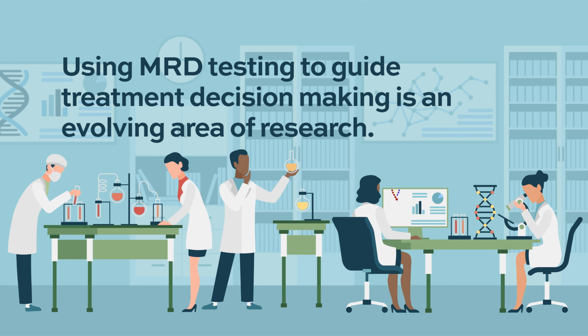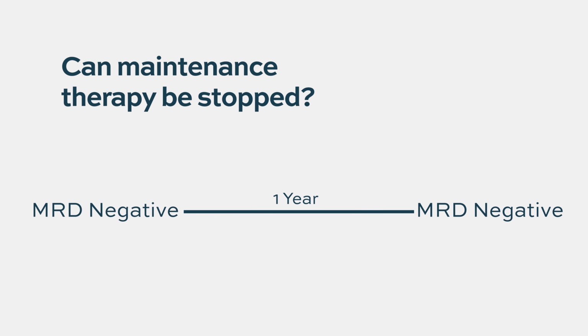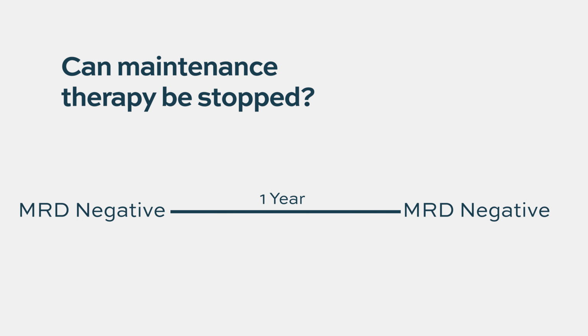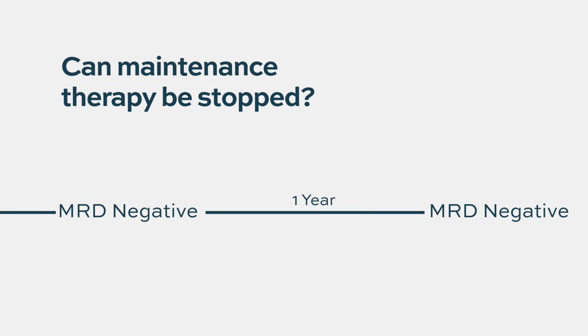I continue to think of this as sort of an evolving theme. Certainly, clinical trials are asking the question on both ends. If patients have had negative MRD testing serially, on multiple occasions, after they've been on maintenance therapy for some time, can they stop therapy? I don't think that there's enough data to support that practice,